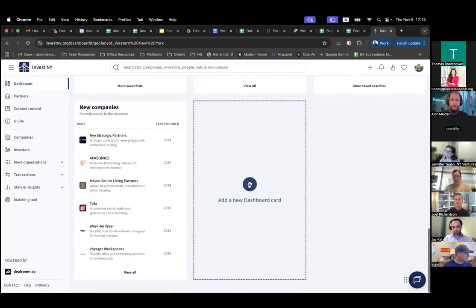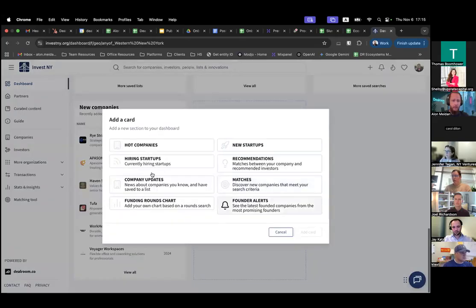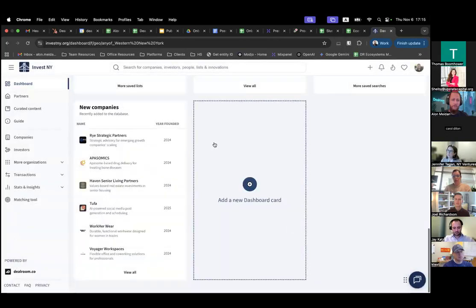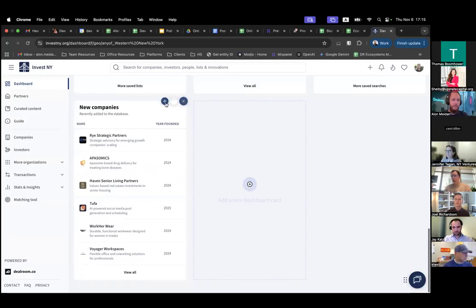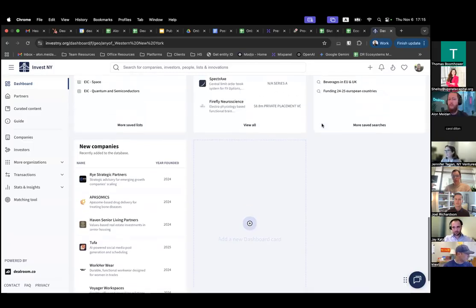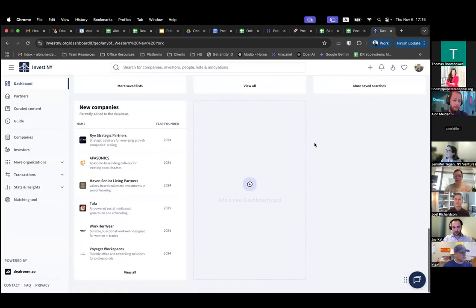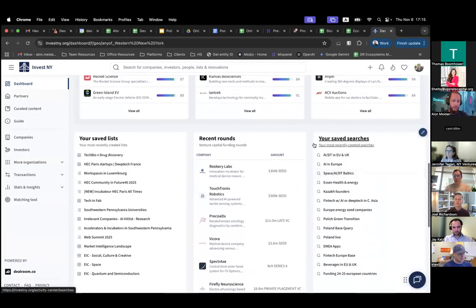You can also add some more data cards here. So there's a lot of options, and I do encourage you to play with it, see what works for you. You can save them. If you have one that you're not really interested in, then you can always hover over it, click the pencil icon, and then remove it or reorganize the whole thing. So this is really your own personal area to do whatever you want with.